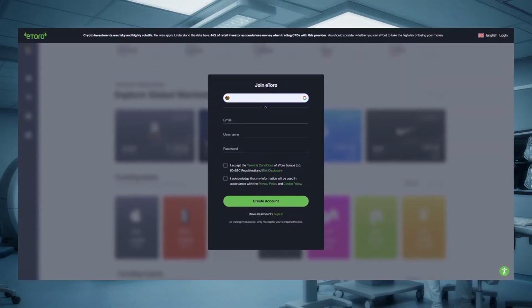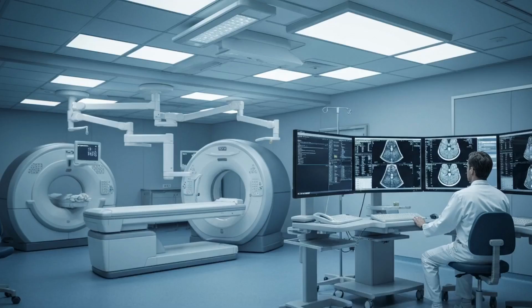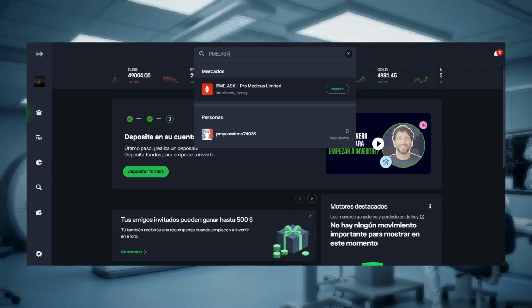To buy shares, you need a brokerage account. I'll use eToro as an example to demonstrate the steps. After registering, you will usually need to verify your account with an identity document and add funds before you can place an order. Use the broker's search bar and type the ticker